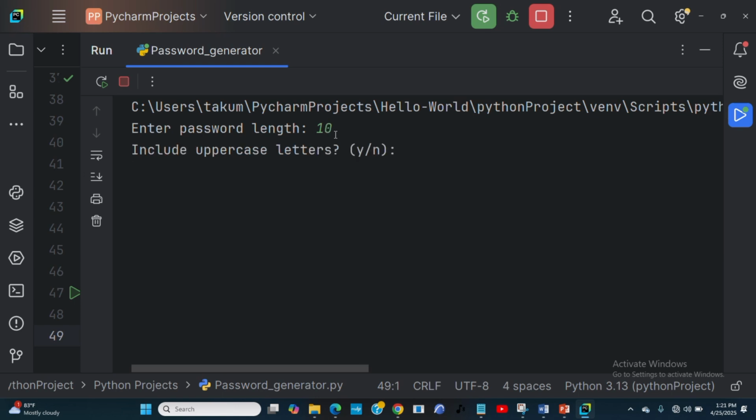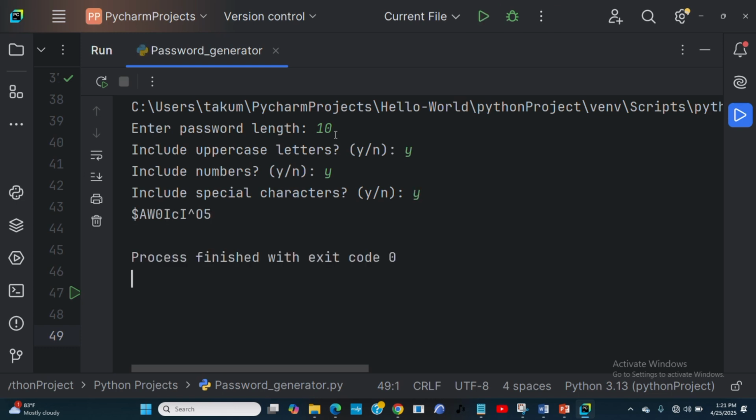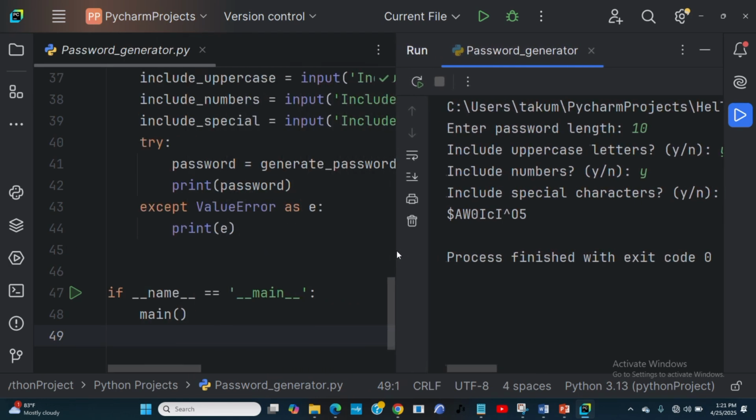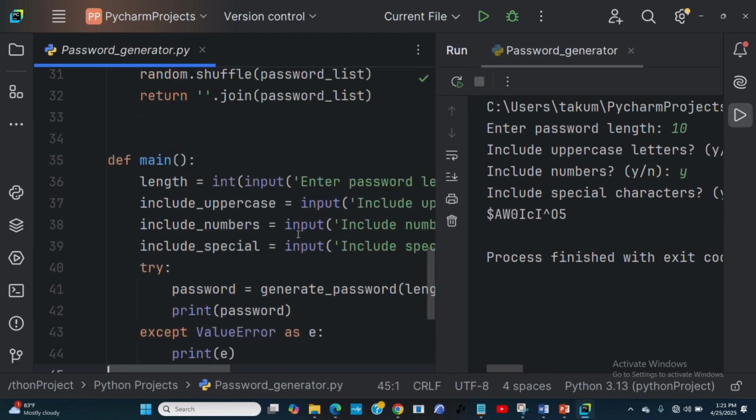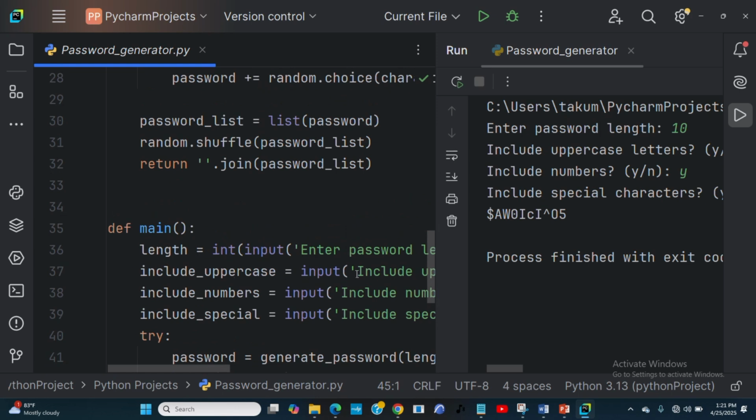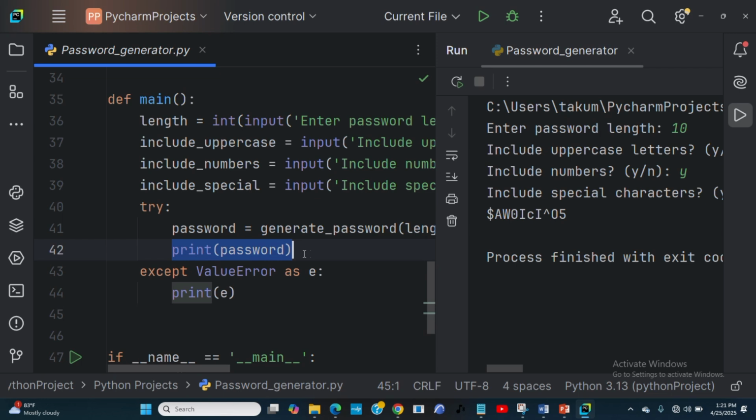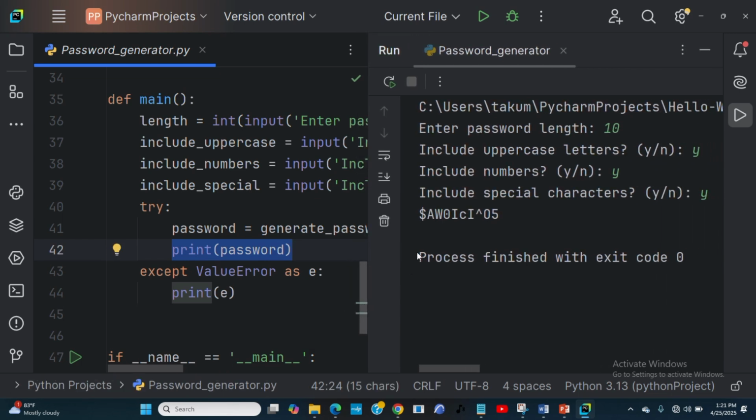That is 10. It says, do you want to include uppercase letter? I say yes. Lowercase letter, yes. And then special characters, yes. So this is all. And then print the password. You see, I'm including all of this. I'm including uppercase letters, lowercase letters, and then the next thing is that it should print the password as it generates it. That is why we are having the password here that it has included with the special characters and everything. And then it prints the password for us to be able to get it. So guys, hope this is clear. This is how you can generate your password.